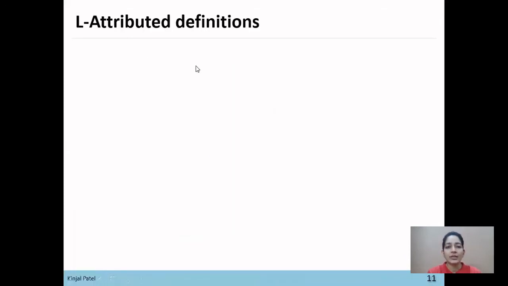So there are two types of definitions, S-attributed definitions and L-attributed definitions. S-attributed definitions means the definition in which only synthesized attributes are used.